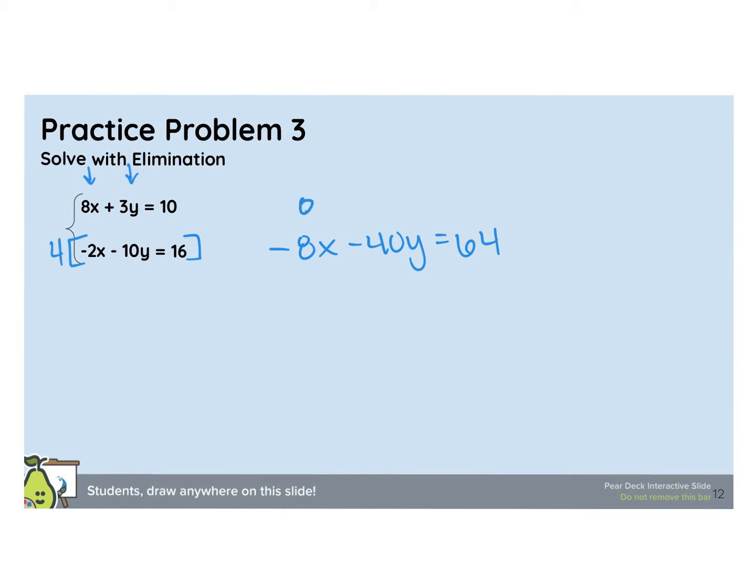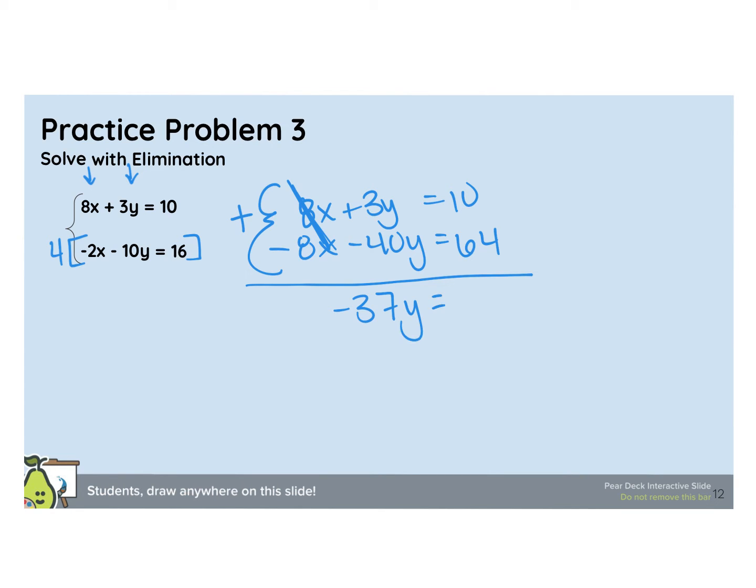Rewrite the first equation exactly the way it is. And this time, we've got opposite signs. So we're going to add these equations together to eliminate our x's. So 3 plus a negative 40 is what? Negative 37. And then